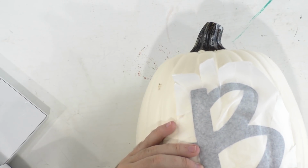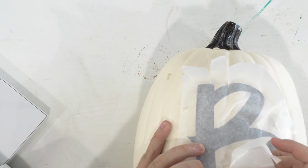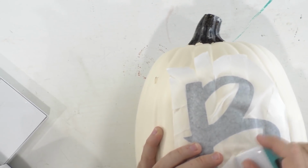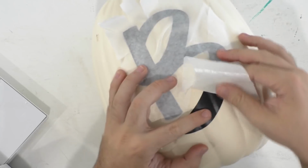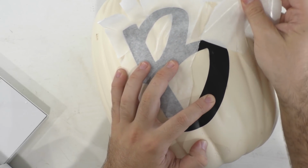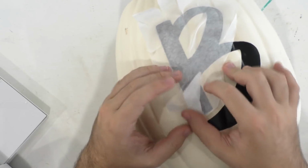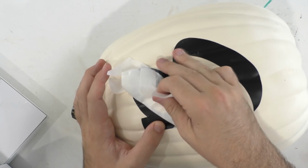So once you're good, you can start actually peeling up. And one great tip that I like about this is that you can burnish. So you can go in with your burnishing tool, and as you feel comfortable, you're able to peel up the vinyl. You're able to give a little bit more pressure to make sure, and it's totally normal for it to come off in sections, especially for these curved surfaces. So then you're able to go through, give that pressure, and it starts coming off in pieces. So then you can go through with this piece. That looks awesome. So we're just going section by section